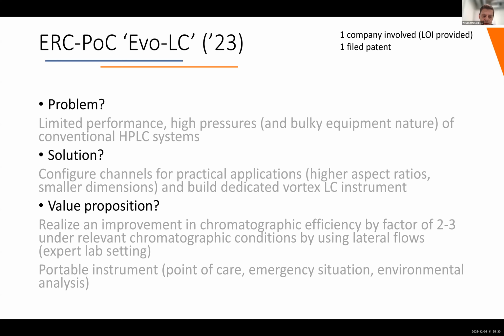Normally this is being done in an expert lab, a very bulky instrument. But here we had all key ingredients to make a point of care device of it, to miniaturize the system, and to do other types of separations in other settings. And so this required, the team is still the same as in the main project, but we had to develop